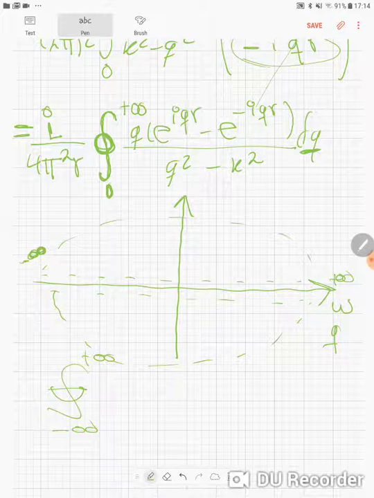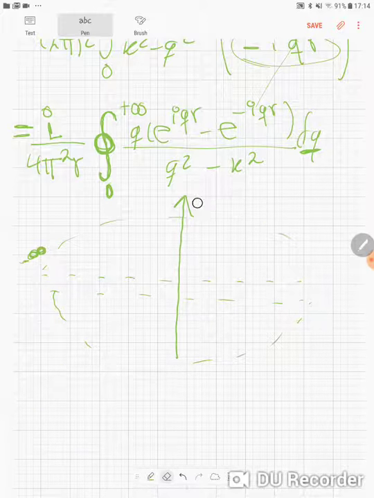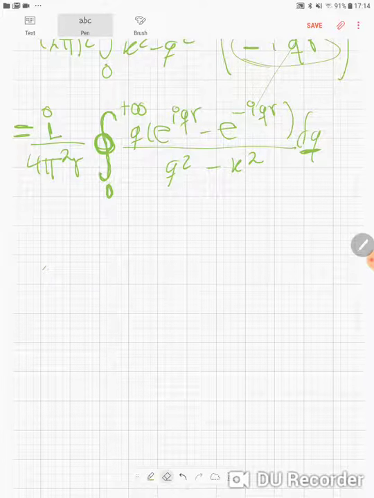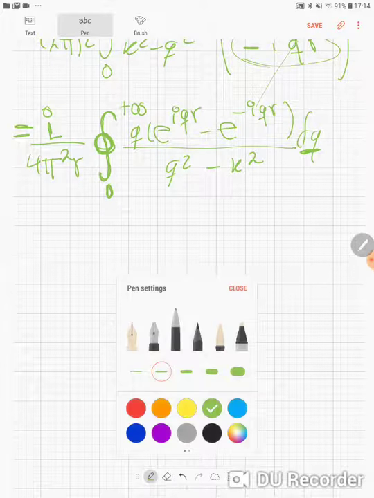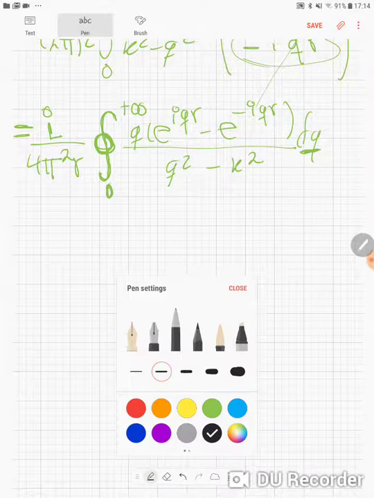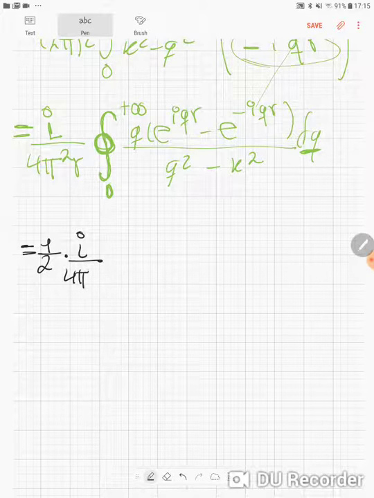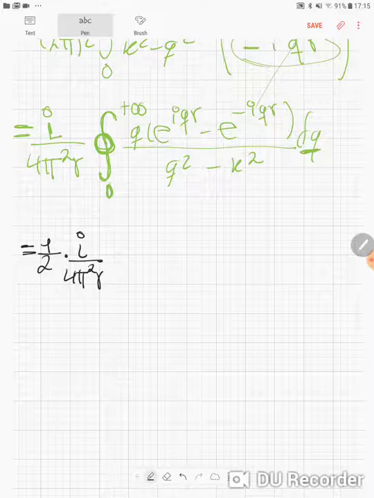And how am I going to do this? I think I'm going to do it in the following way. Let me try the following thing, otherwise we'll try something else. We're going to split this integral into two integrals, in the following way, and I think we should change color now, because this is a different step. So we're going to say that this is 1/2 times i divided by 4 pi squared r